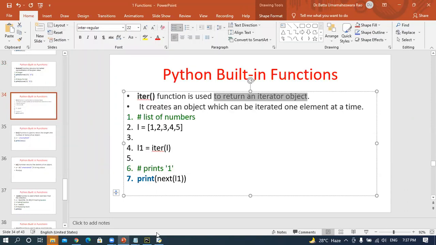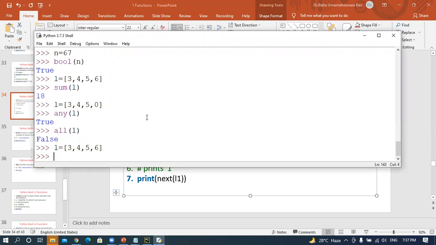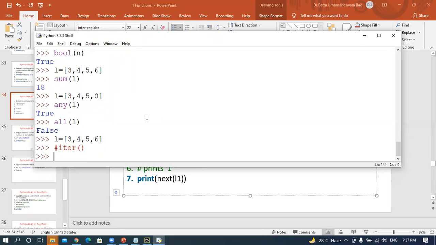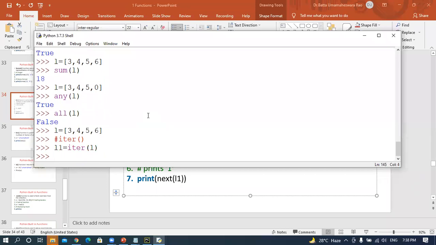We have to iterate by using the iter function. This is the concept of iteration, generators, decorators. For example, I take L1 equal to iter of L. That means I am iterating that particular value.